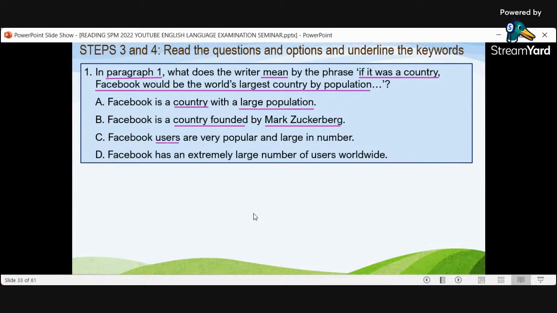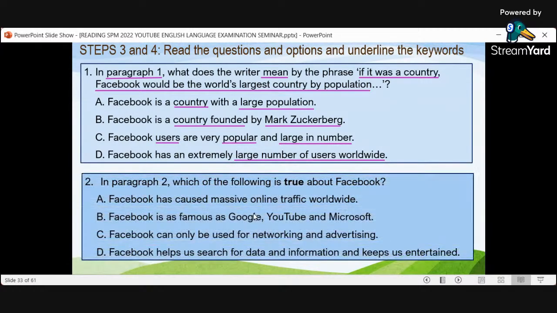Are Facebook users popular and large in number, or does it have an extremely large number of users worldwide? We would know the answer for number 1 easily. Now, second one, paragraph 2, we are looking for what is true about Facebook, whether it has caused massive online